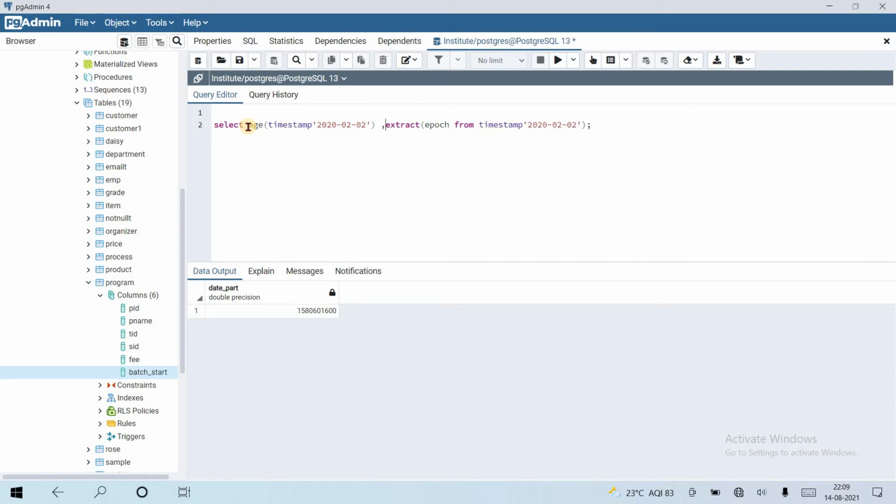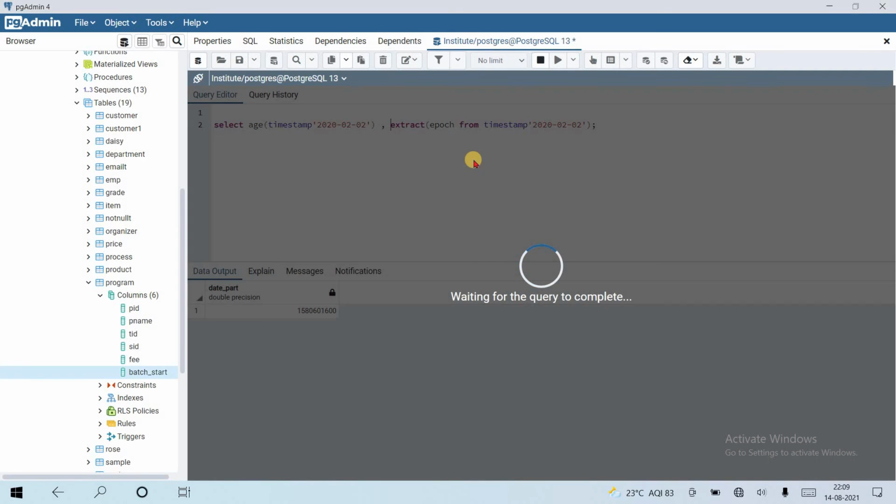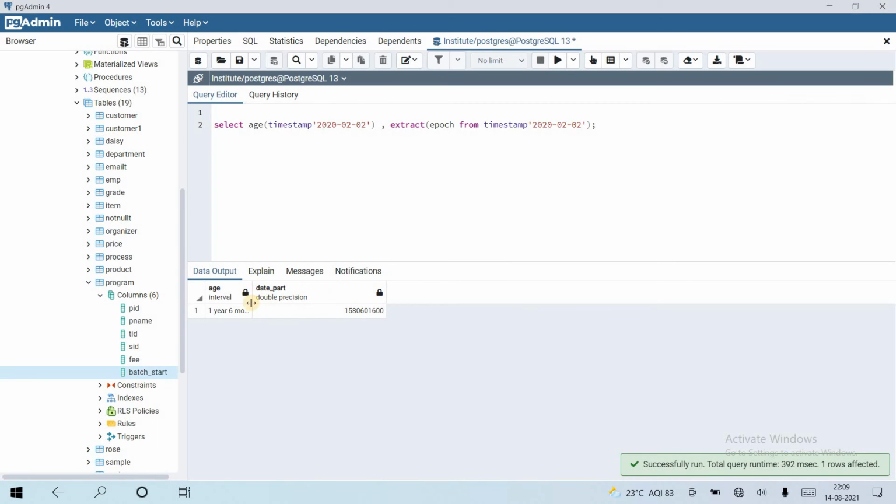It will return an age, and second, extract this. Okay, let's see. First it will return 1 year and 6 months, and the second gives us the result in seconds. It gives the year and month in the first, and in the second it gives us seconds. Okay, let's see with a different example.